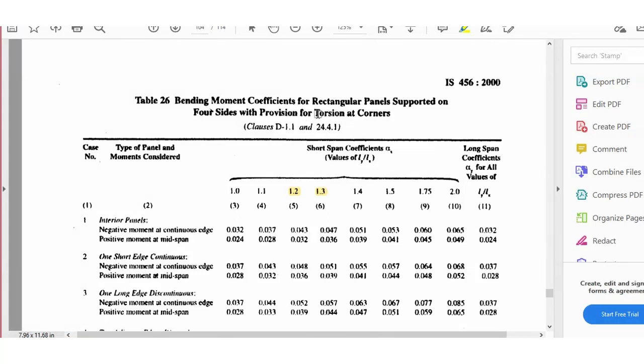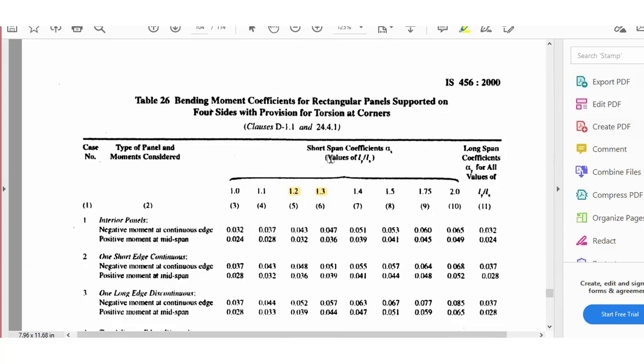If you provide torsion reinforcement, the corners will not be allowed to lift for a simply supported slab. But for a beam column slab arrangement, that kind of possibility is not there. The corners will obviously not be lifted because there is monolithic construction and there is sufficient embedment of your reinforcement from slab into your beam.